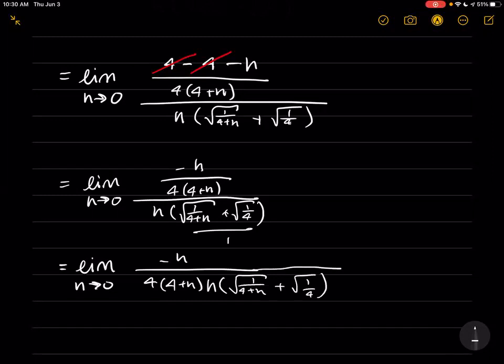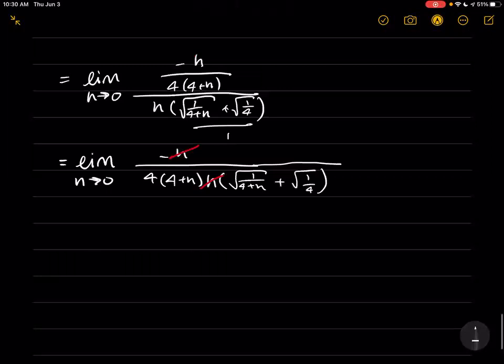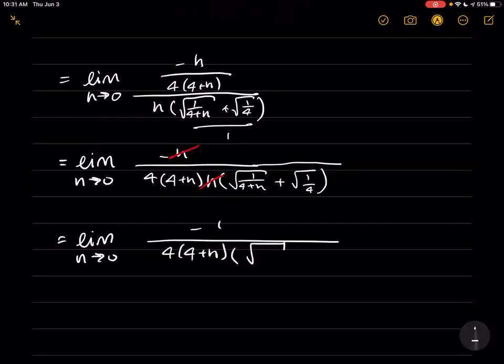Okay. So now all that work was so that we could do this. Cancel those h's. And then we're left with the limit as h goes to 0, negative 1 over 4 times 4 plus h times the square root of 1 over 4 plus h plus, I'll just leave it as square root of 1/4. Okay, so now